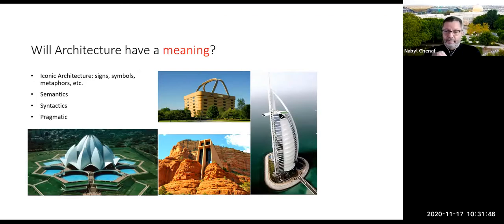Because when I look at Burj Al Arab, it's a metaphor, it refers to a sail. And this was, of course, intended to make sure that sailing, which was one of the major activities in the city of Dubai, was frozen in the form of a building, for other generations to reflect on and remember.